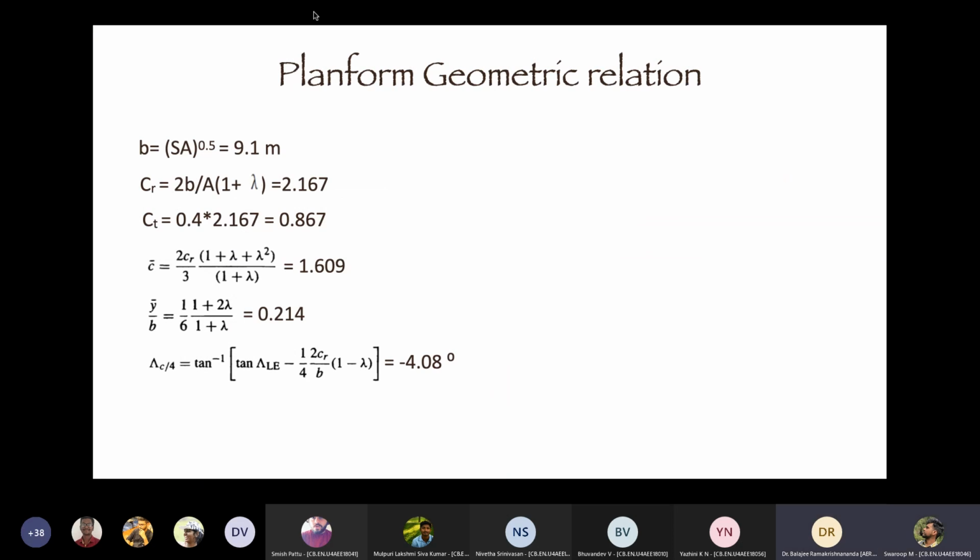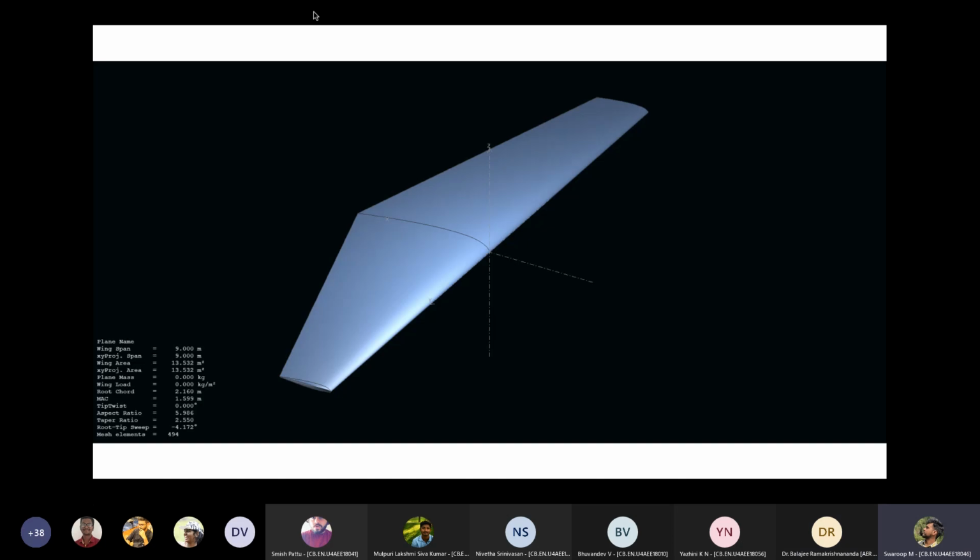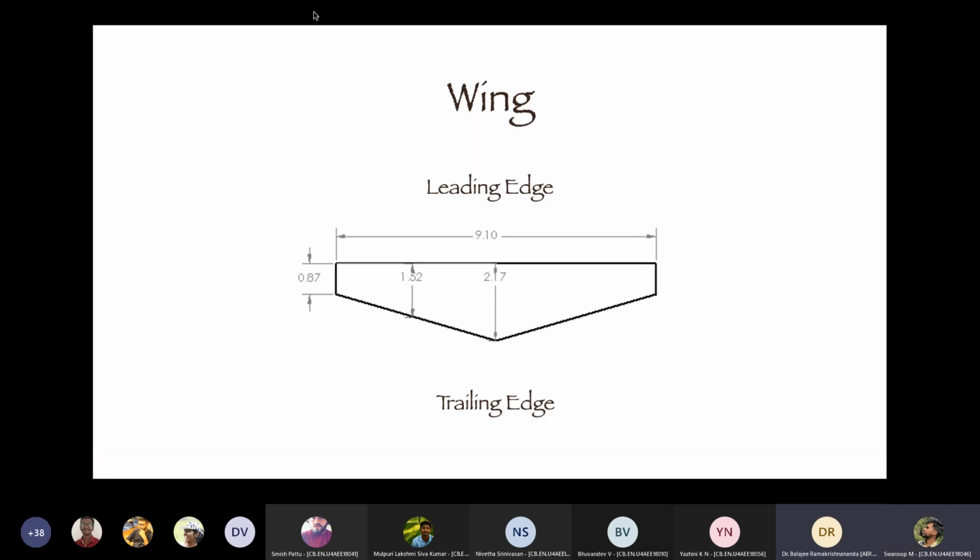So then for wingspan, we got 9.1 meter. Okay. And this we designed in X. Now the problem here is, where is your leading edge? So the zero sweep angle, though. Right side. Okay. Yes, ours. So you show a planform area, that's good enough. We'll get a better one. This is good enough.